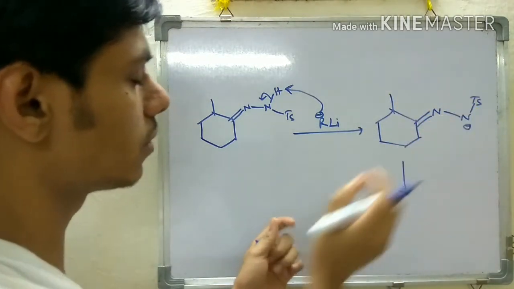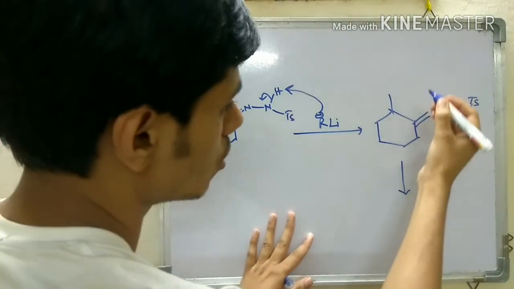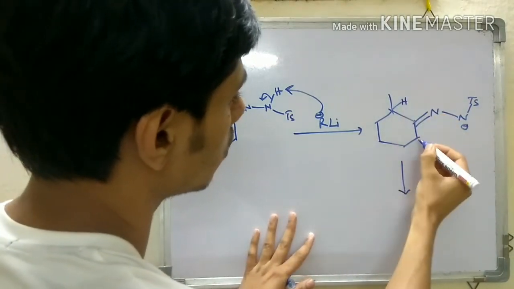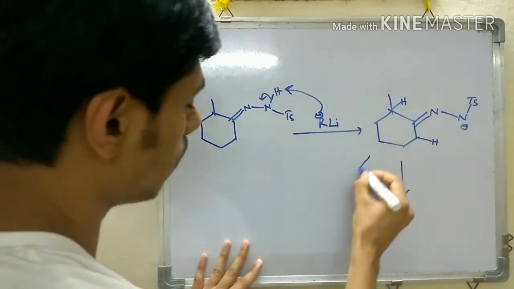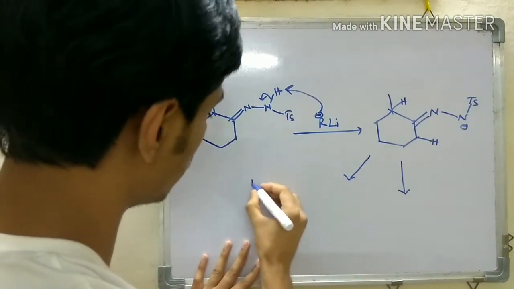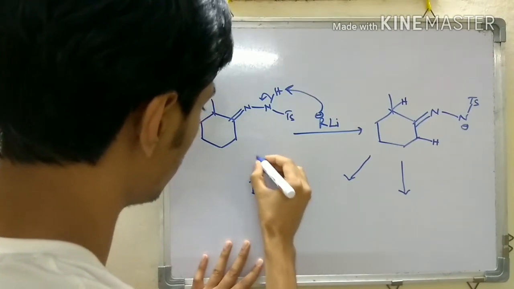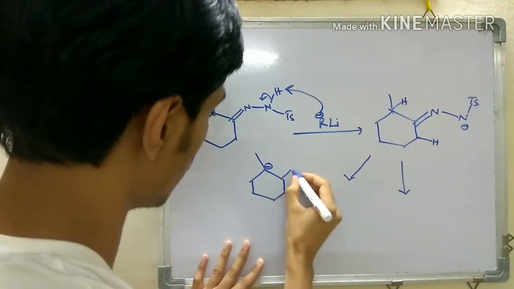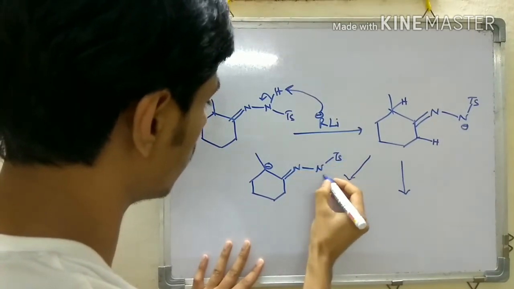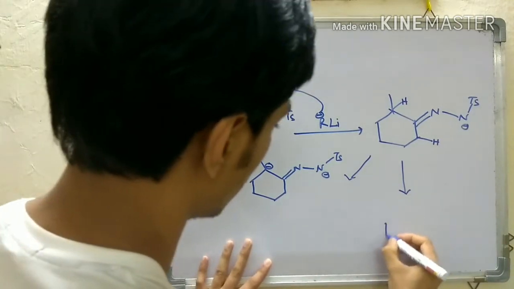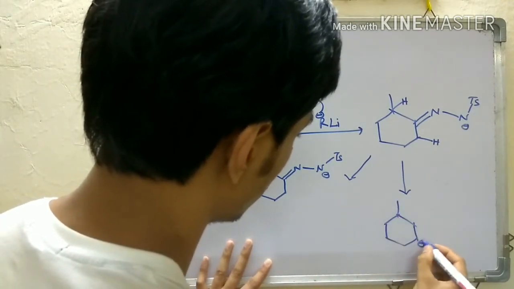Now you can see these alkyl lithium bases are very strong base, so it can deprotonate another center from this negatively charged species, which was not possible for Bamford-Stevens reaction. So it can either deprotonate this or it can deprotonate this, and from that you will get two different kind of intermediate. One case you will get here negative charge and here NTS minus, and in other case you will have here negative charge